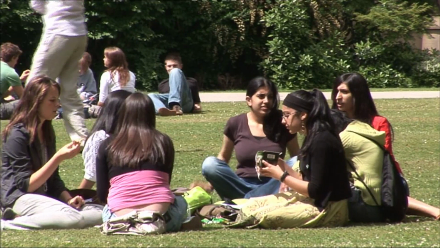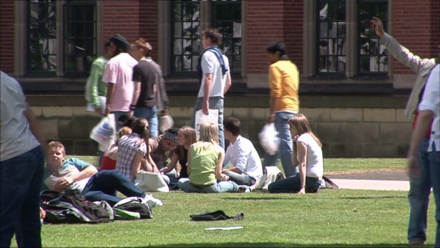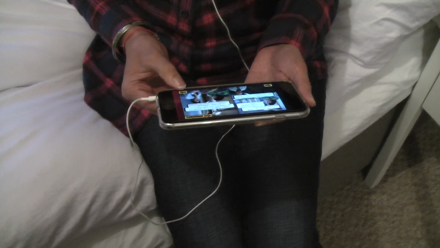For example, students can choose when and where they engage in their learning. And I've also found that it can be flexible in meeting different students' learning styles. I'm dyslexic and it gave me a different way of learning and getting information into my head. I use the app at home when I was doing some work in my room. You can do it in your own time and you can do it at your own pace.